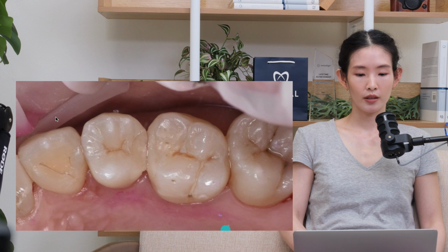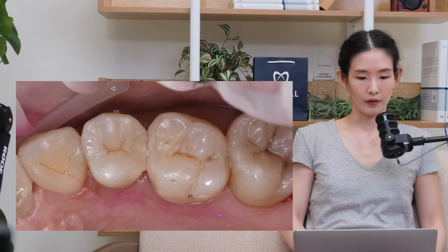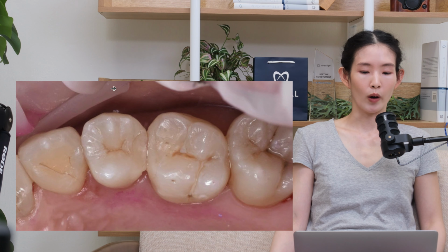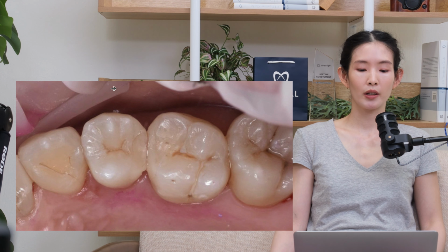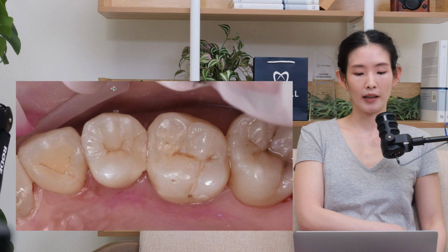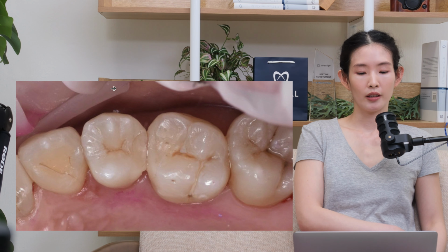So this case is interesting because it is seemingly simple on the surface. Basically it's a case of replacement of two white fillings. White fillings are basically plastic fillings that are placed into the teeth to fill in usually some cavities caused by decay. And this case is really interesting because